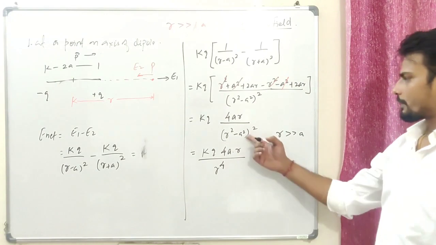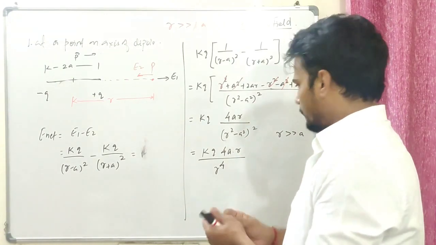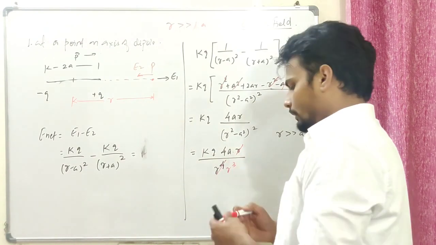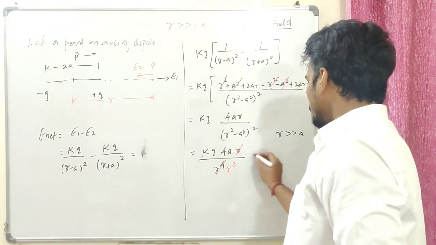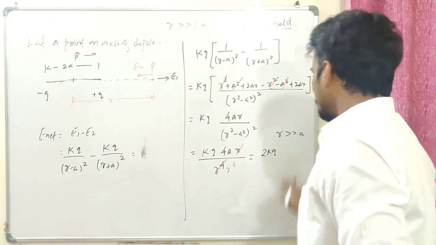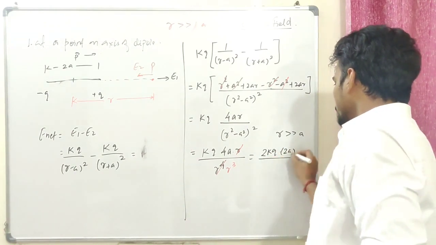Fair enough, because this becomes 0 in comparison to R. I'm going to cancel it. Okay, I'm going to use the red color for the cancellations. I'll be having R to the power of Q. Okay guys, so this is going to be 2K cube times 2A. There's a purpose of writing in this way.